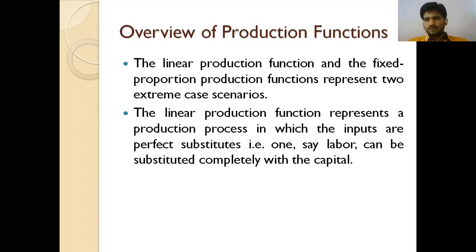The inputs are okay. We increase the labor, substituting completely. Then the output is 12 cars washed in the same time. The time is okay, no problem at all. At the same time, when we increase the labor, the output automatically increases. So that is how we see the linear manner: the inputs are perfect substitutes. If the labor is increased, the output automatically increases. So that is how we can see the problem.